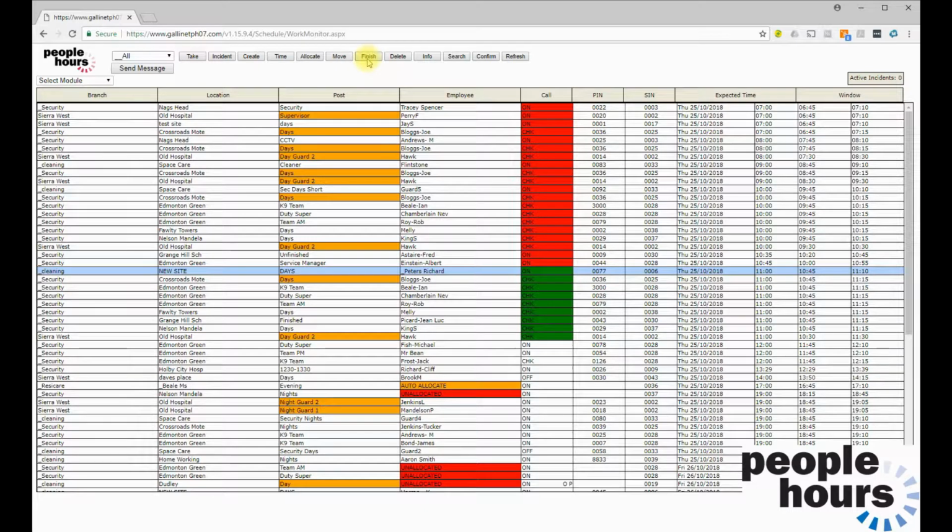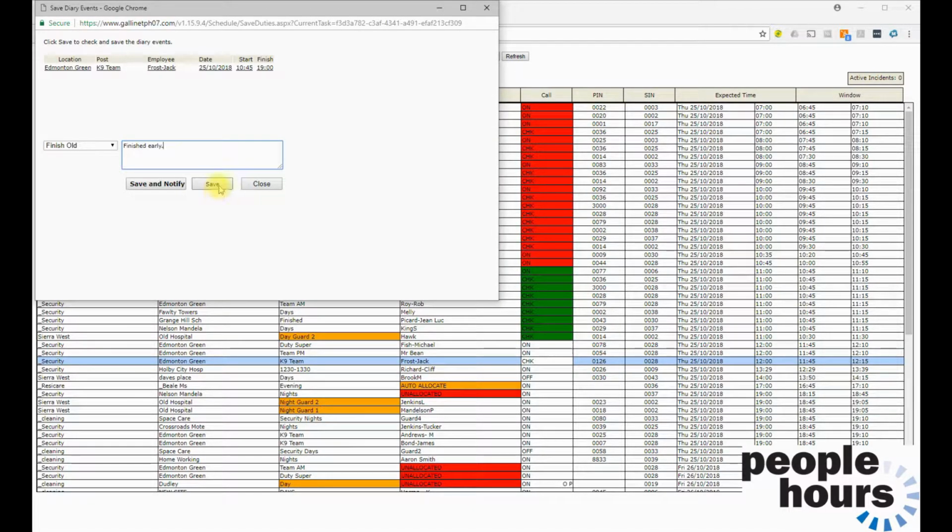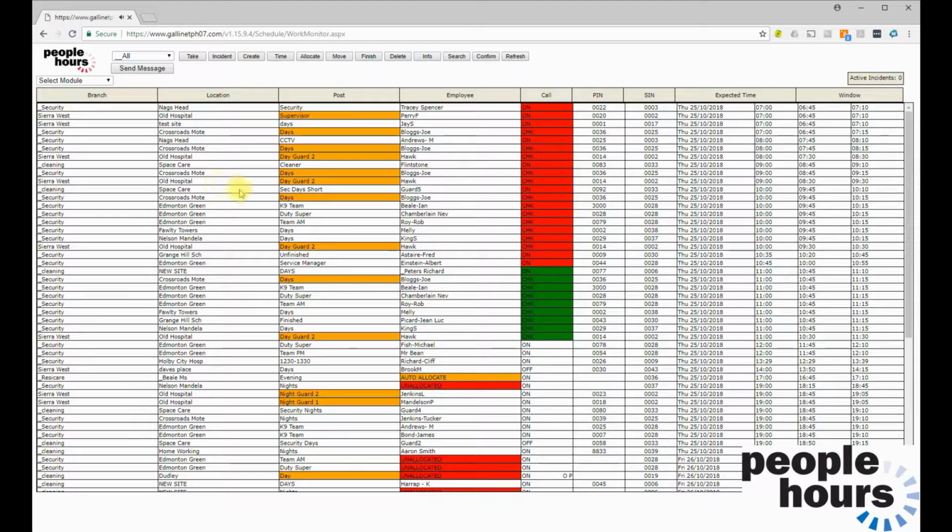The finish function can mark a duty as complete and finished. So if this officer phones up and for whatever reason the duty is terminating early, we can mark this as finished. And the duty is gone. The delete function naturally deletes the duty. If we select this duty and select delete,